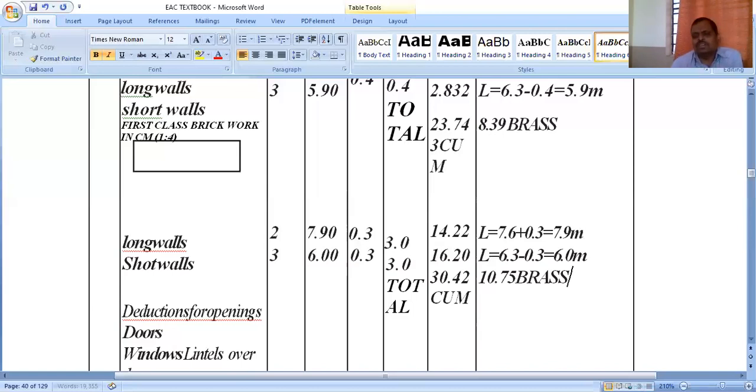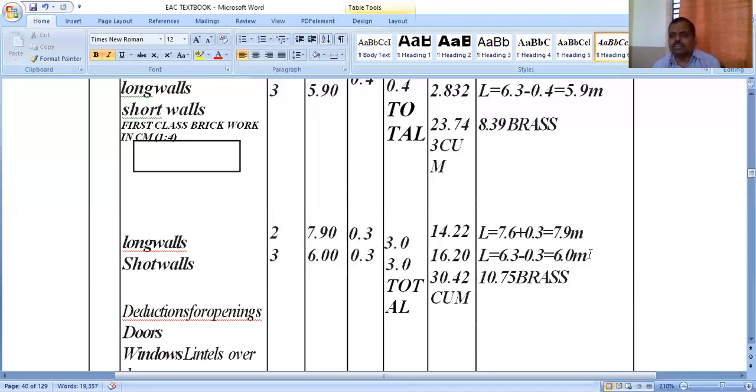Now remember one thing. Why am I showing this calculation of brass? Because when you actually go to the site and start working, our problem is that all the measurement sheets which are to be submitted in the office, or which the office will submit directly to the municipal corporation or any higher authority, the requirement is in just metrics. That means cubic meter, square meter, and running meter, and so on.